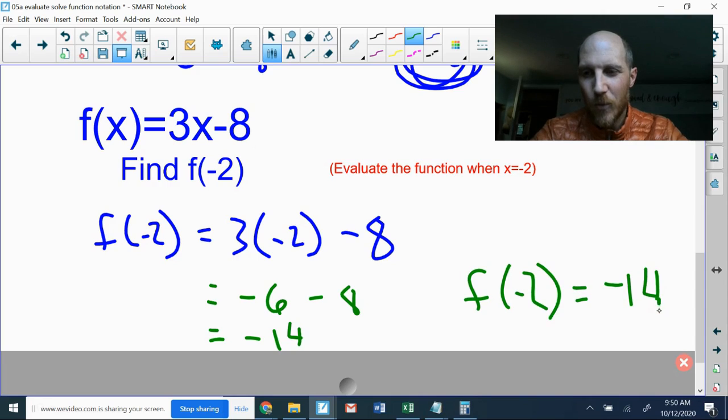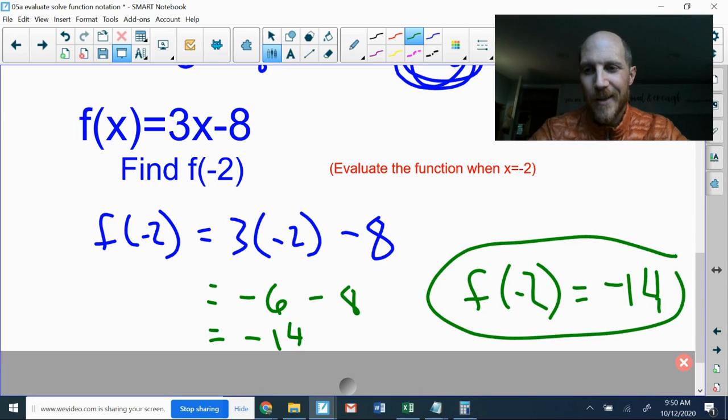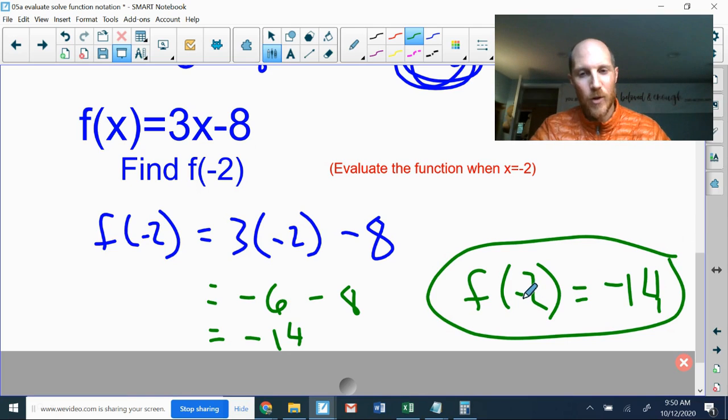Does this really make sense in terms of a plant growing? No, not really. This would be like -2 days. I don't know how negative time works. I guess it's 2 days before I planted it, but that doesn't make any sense, right? Before I planted it, it did not have a height because I hadn't planted it yet. So the analogy breaks down, and analogies do that. But the concept for function notation